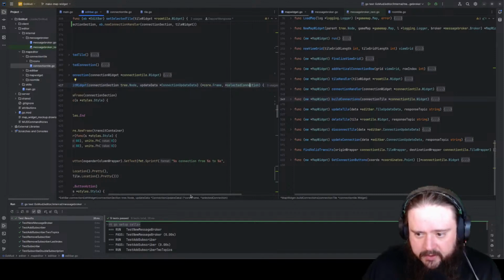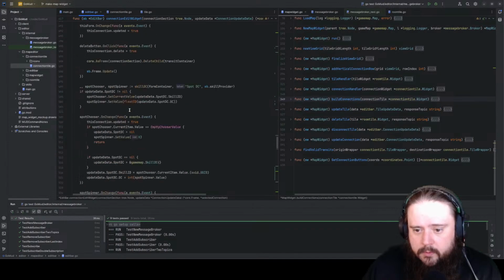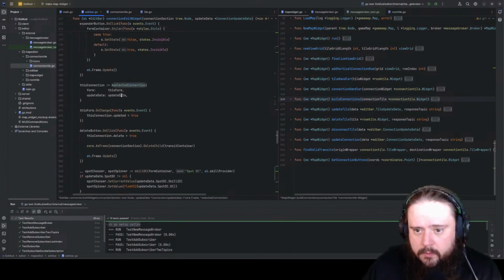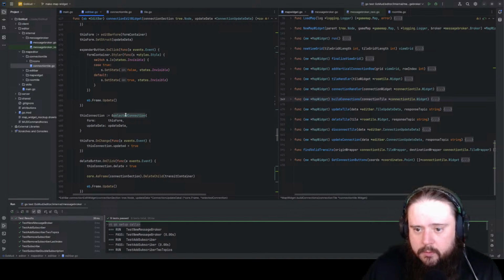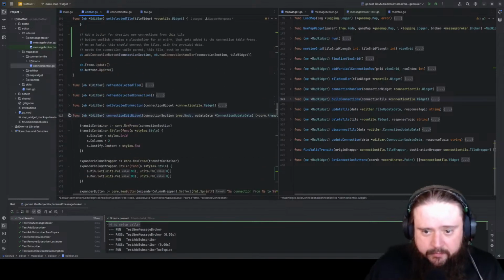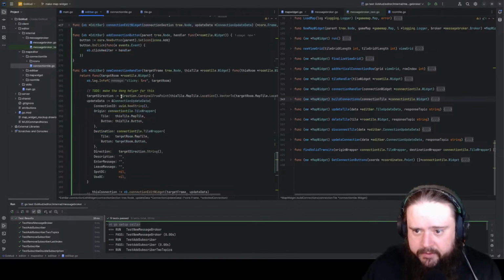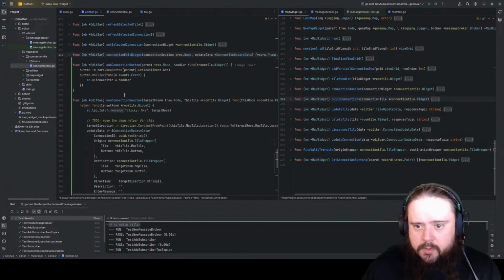Turn the selected connection. I need to set a visibility. We'll do that later because we also need to set it for when we refresh a thing to not collapse everything again. But for now,